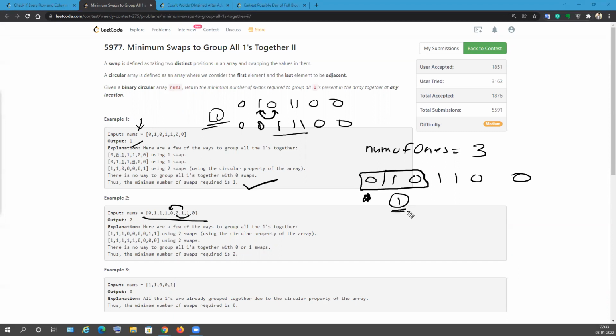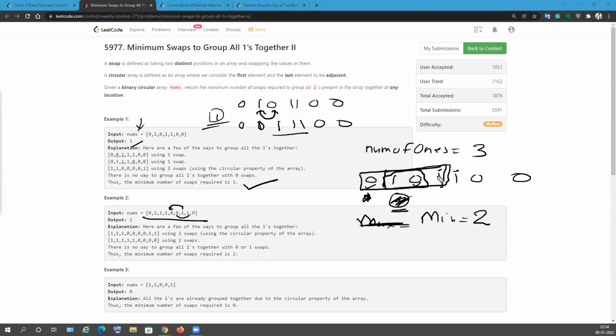If only one is there, how many swaps are needed for this window to be the answer? 2 swaps, because 2 zeros are there. There should be ones, so they should be swapped with these 2 ones, right? So if this sliding window is our answer, there will be 2 swaps. So I'm maintaining a min, sorry, not max, actually min, the minimum number of swaps. In this, swaps is 2, right? Now I'm sliding our window to this one.